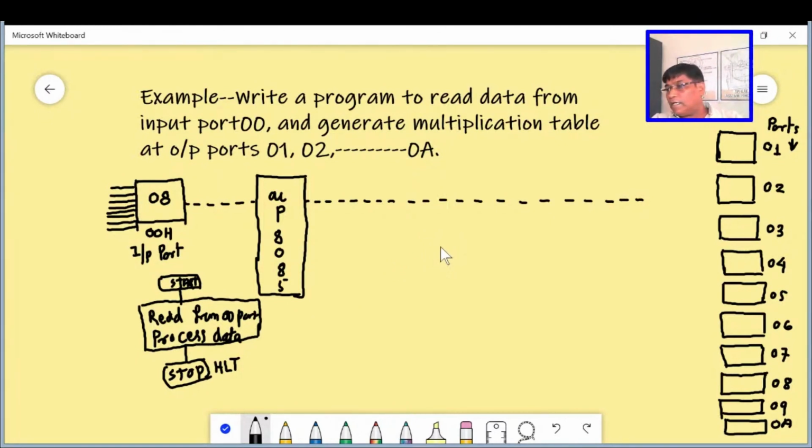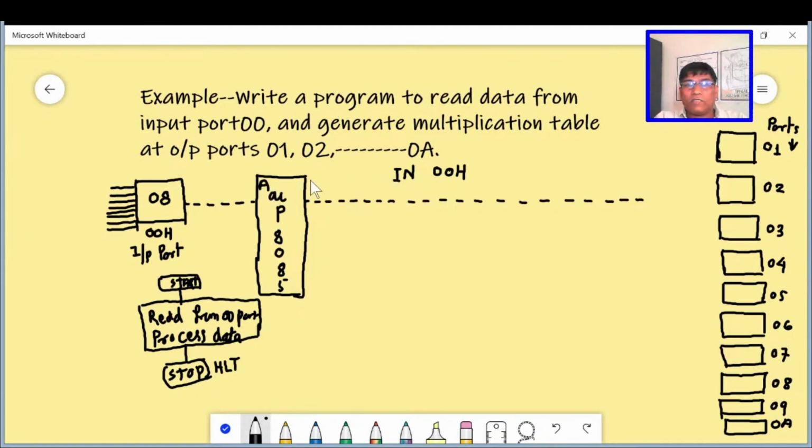So we are going ahead. Now because we have to read the data from this input port, our first instruction should be, I am writing the instruction here, IN 00H, means whatever the content of this port is, it will be transferred inside the MUP to the accumulator.